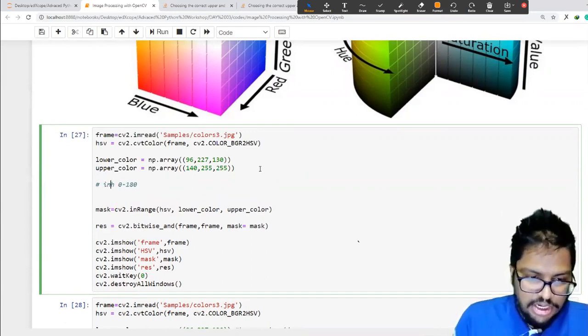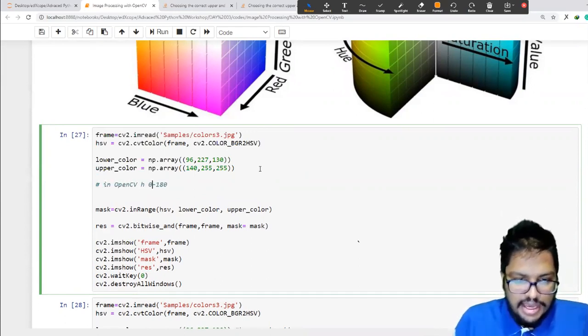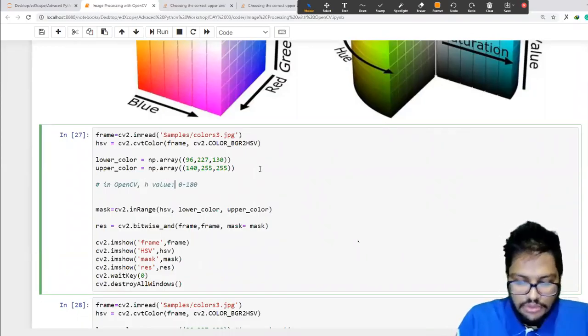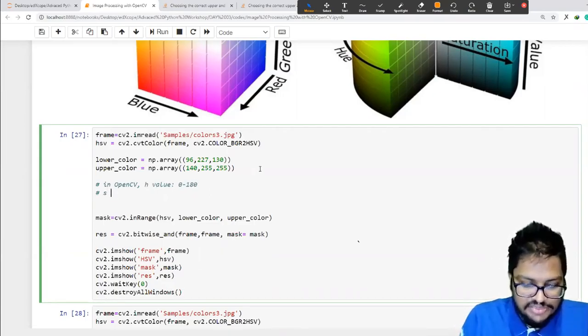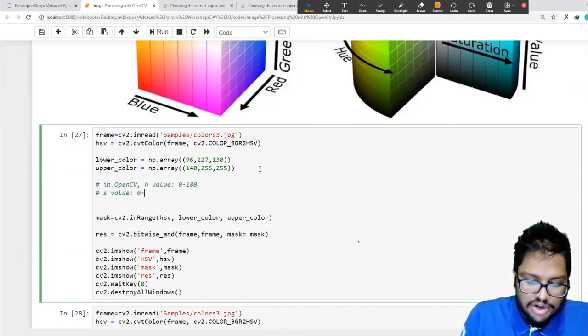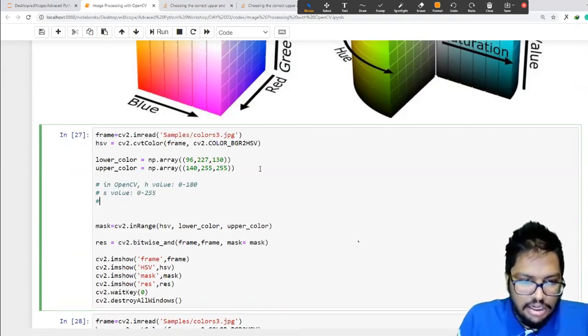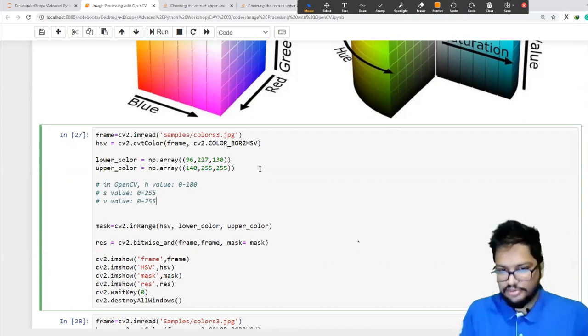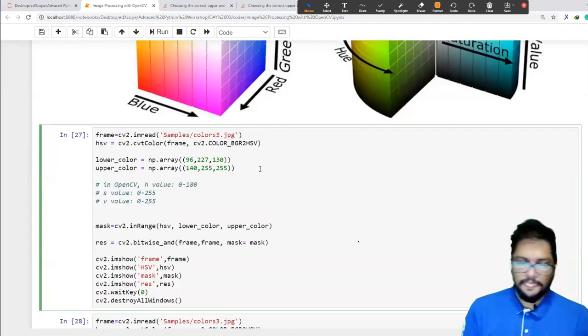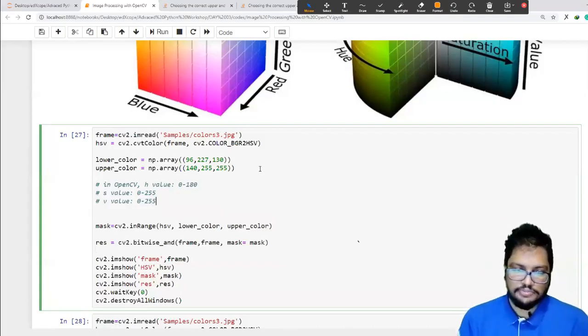The H value goes from 0 to 180, and the S value goes from 0 to 255, and the V value goes from 0 to 255. So what you can do here now, then